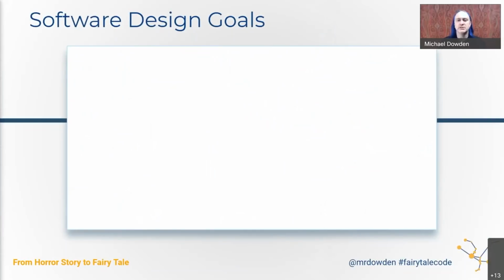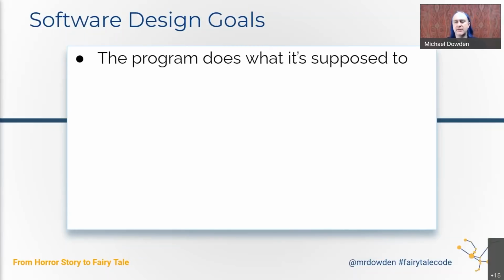So when we are building software, we have some design goals, and I'm happy to listen to any goals that you have when you're writing software. There are a few things that I've come up with, some implicit goals that we have. The first one is that the program does what it is supposed to do, right? That's an important goal when we're building software, and it's something that we always have but don't necessarily write down anywhere. It's kind of an implied thing. Are there other implied design goals you can think of that we have when we are building and designing software?